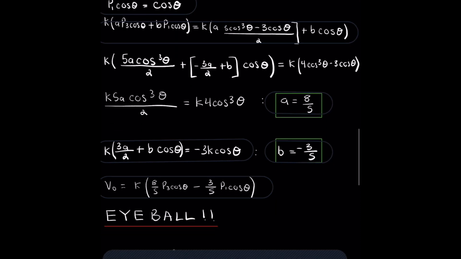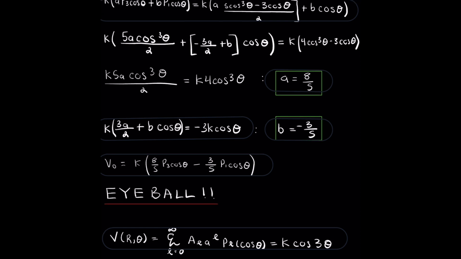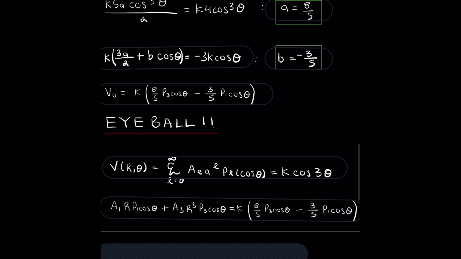Now, instead of using Fourier's trick and having to do some nasty integrals, again, we can eyeball it as we did in class. And in class, we also learned that we only care about what's on the right-hand side. So since on the right-hand side, we only have P1 and P3, on the left-hand side of the summation, we'll be just using L equals 1 and L equals 3. Now, substituting what we found for V0 and using only L equals 1 and L equals 3, we have this expression